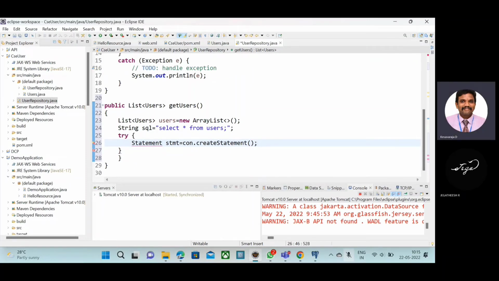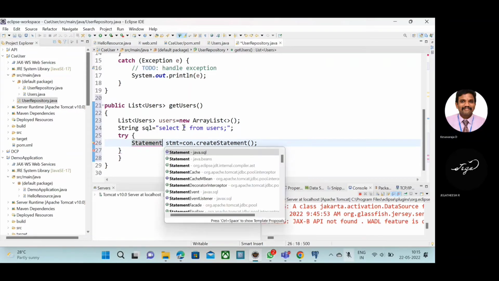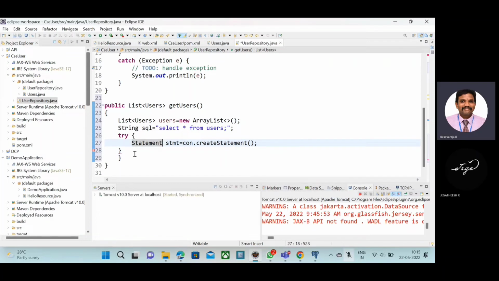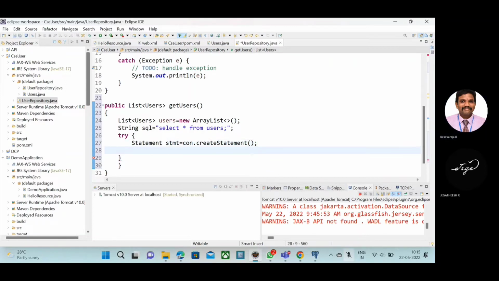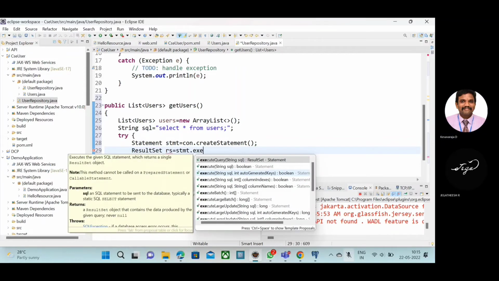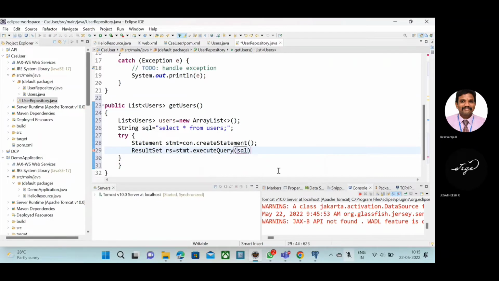Statement is also added from java.sql.*. Yes, now I will add a result set, rs equal to statement dot executeQuery of sql. Then inside that I will open a while loop, while rs dot next of